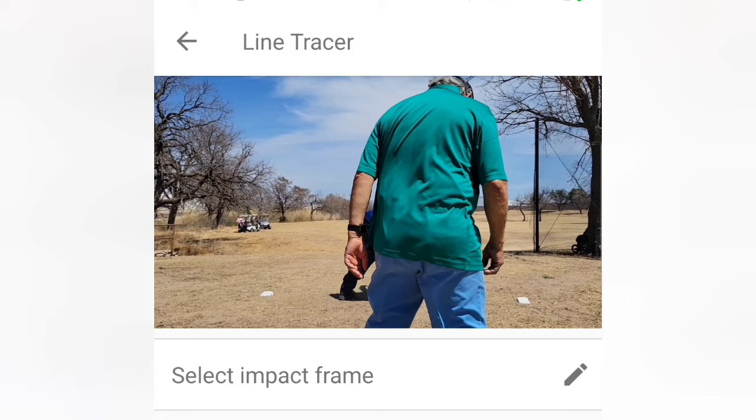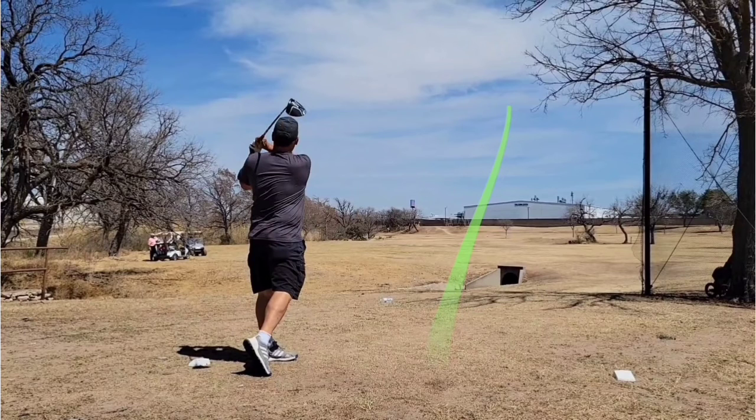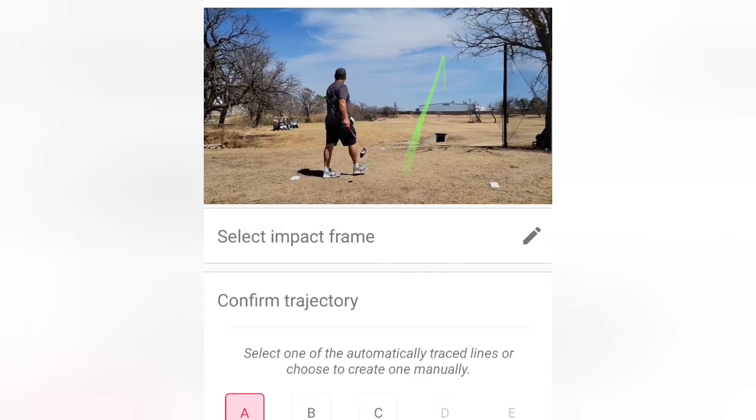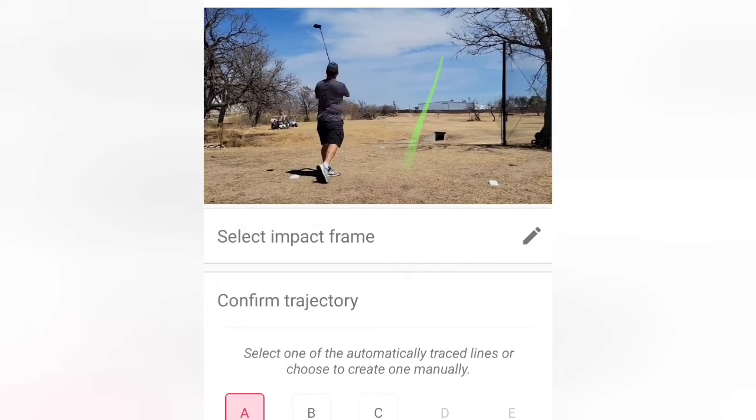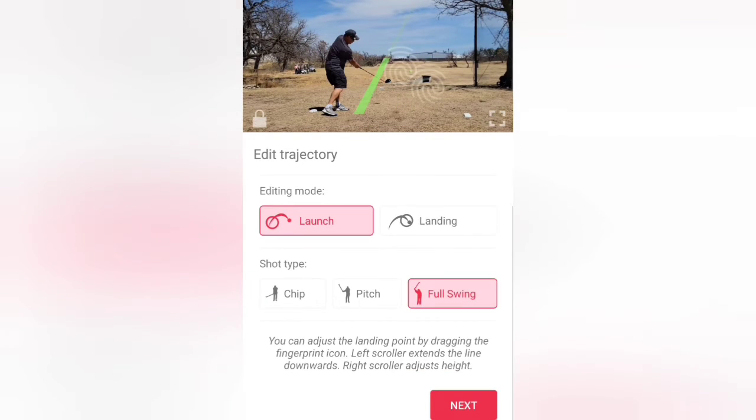Now, there's some situations sometimes, and I'm not going to play it, I'm just going to do that, where you have a shot trace that didn't work very well. So let's go do that. And let's say it's not at all what it is. So A, B, and C was terrible. So now I want to do a manual. So let's do manual. We go to next, and then it says launch and landing, full swing,